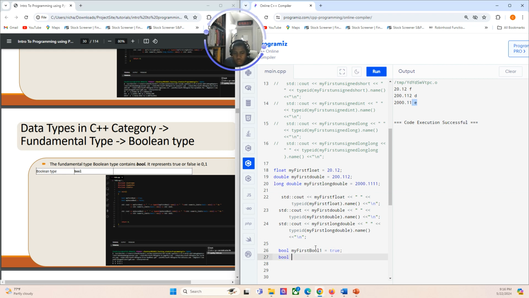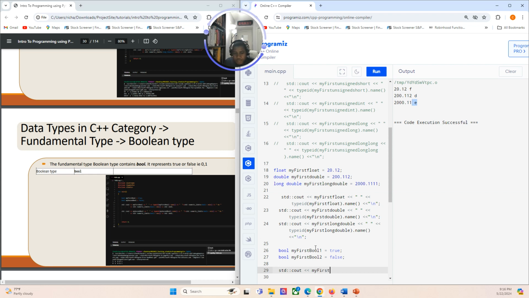And then bool, my first bool 2, set that equal to false, okay? And then we could print, right? So not system, standard, stuck on Java there, standard library, cout, and then my first